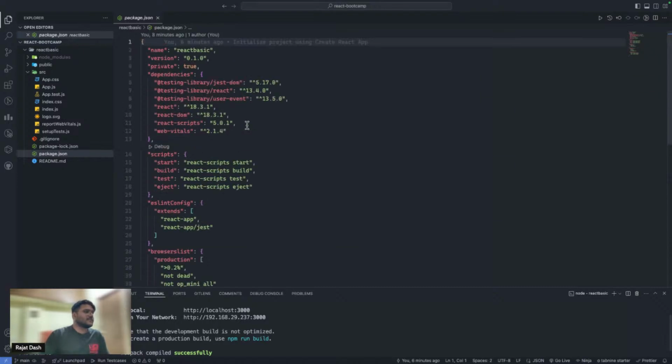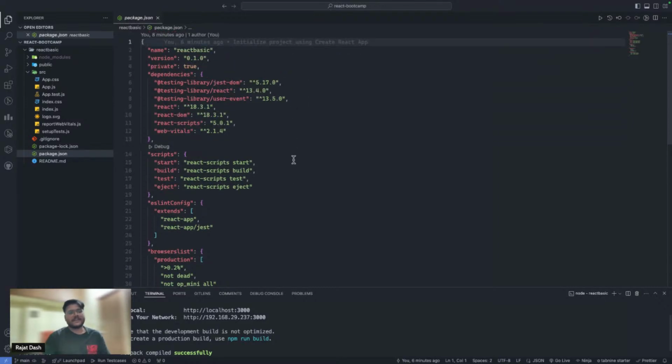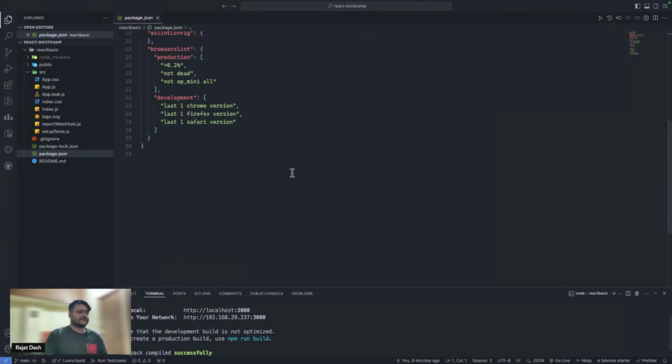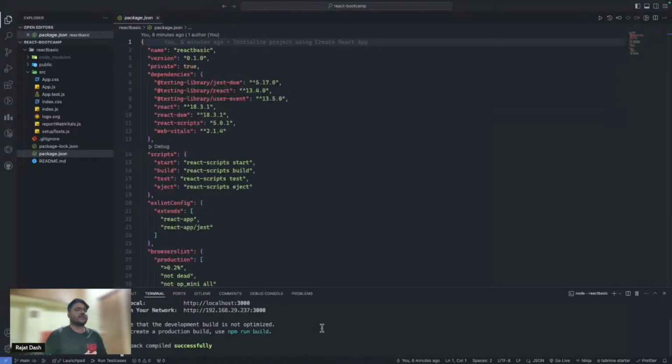Okay. So now can you see, when we used that create React app command, we were forced to install these testing libraries, the React Scripts, Web Vitals, and a lot of things. Okay, which tend to make our application a bit heavy and load a bit slower. Okay, we don't require this. I already said for React to work, we only need two packages, that is React and React DOM, nothing else. And for this reason, by installing extra packages and extra things, the create React app command goes a little heavy. So to avoid this, React itself says that you should not go for create React app.